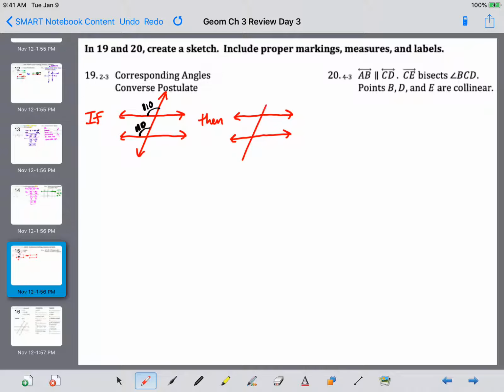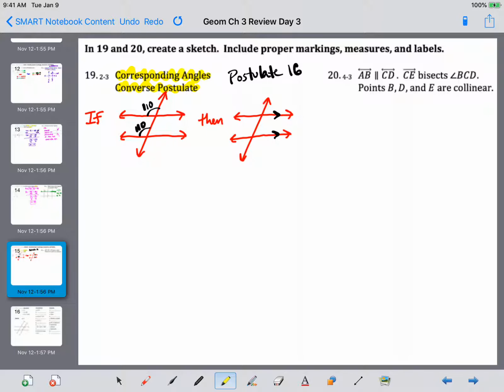So I'm going to draw the same picture, and then I'm going to include the fact that this line has to be parallel to this line. All right, so that's postulate 16 on your blue sheet. So I would make sure that you label the postulate and the theorems with their names. So if you don't have this name written under postulate 16, I would add that to your blue sheet. And I would do that for postulate 15, 16, theorem 3.1, 3.2, 3.3, all the way through 3.7. Okay, if you put some names with those, it's going to make your life a lot easier on the test